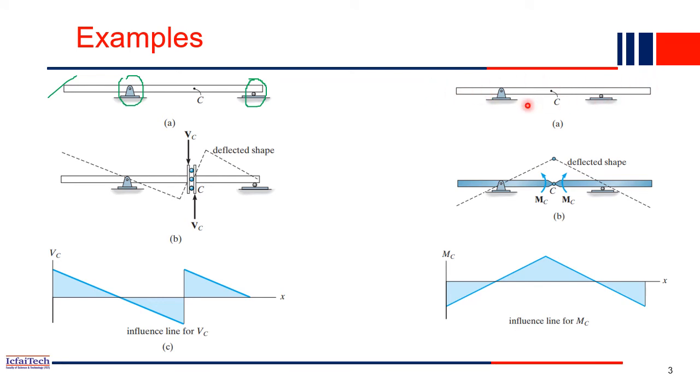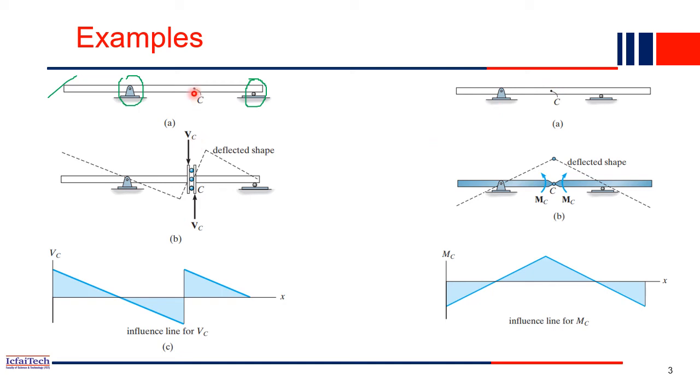This is another beam, a simply supported determinate beam. You are asked to find the influence line of moment at C, right? So what is our first principle? The principle is we have to release this point's degree of freedom. It is a moment, so we have to draw the moment influence line diagram. That means we release this rotation at C, unlike in the previous case.